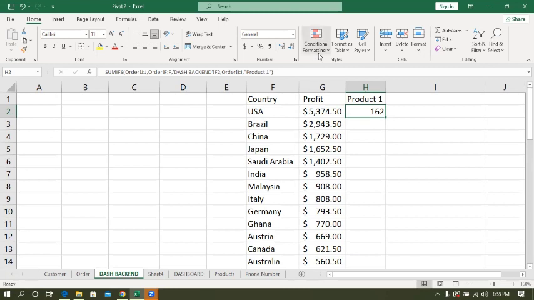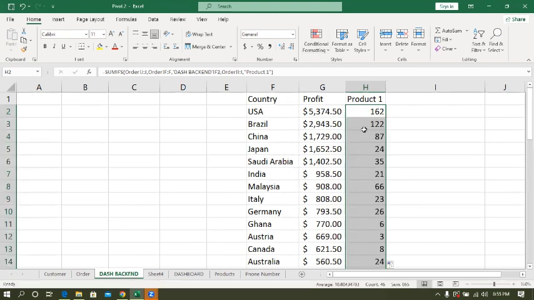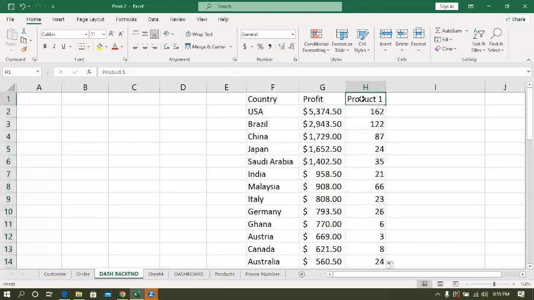If I do a drop down, you see that the quantity of product one that was sold to people in Brazil was 122, people in China was 87, and people in Japan. All of this is the quantity for product one, because that is what the formula was for. So if we go back to this formula,